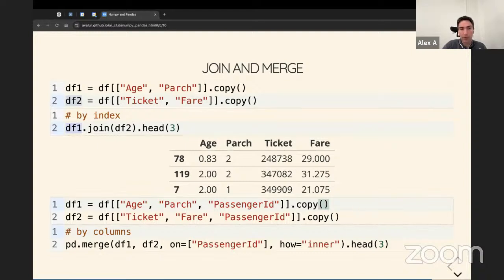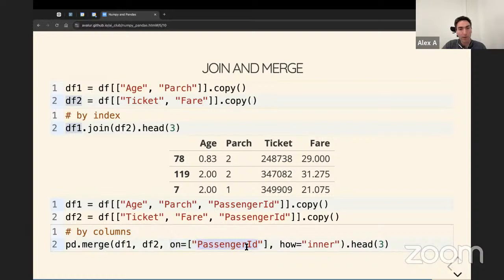Also, we can join by some column. So this is the merge command, and when we perform Pandas merge with the same data, but on passenger ID,